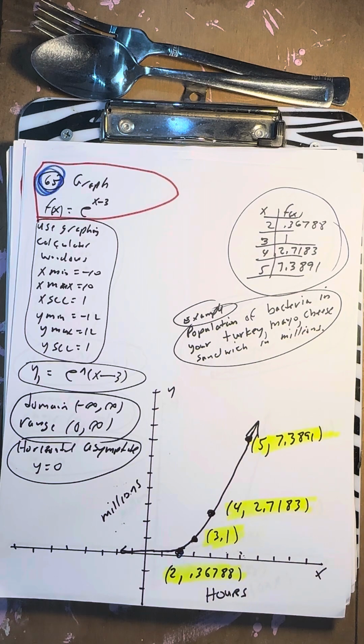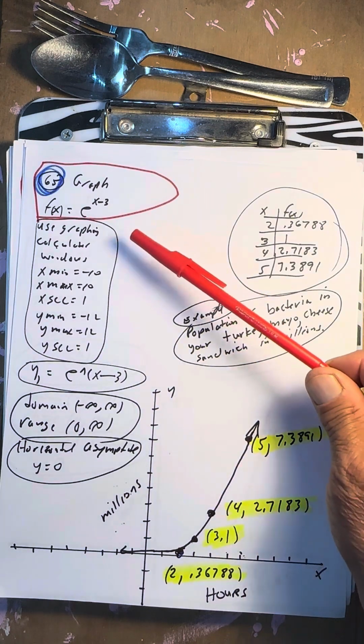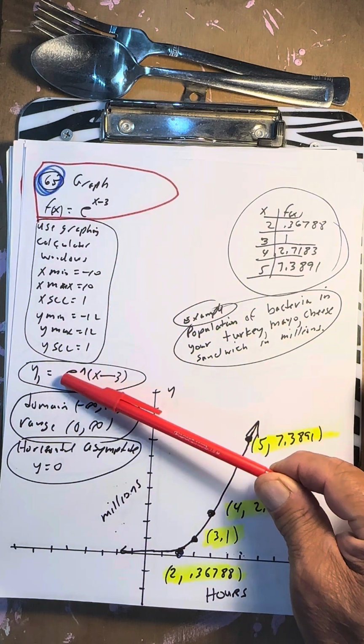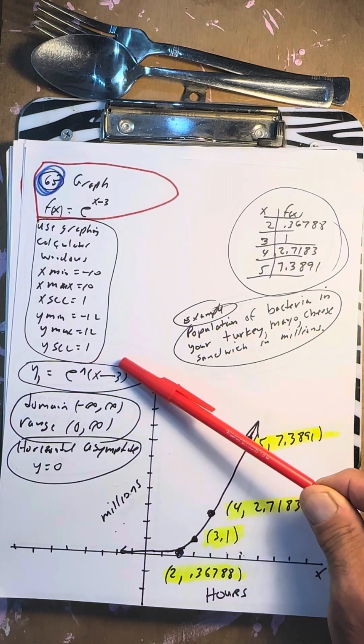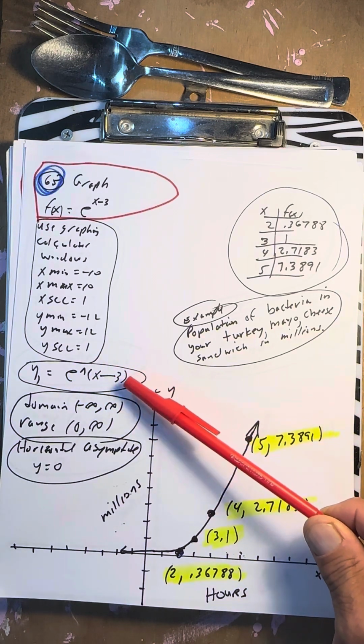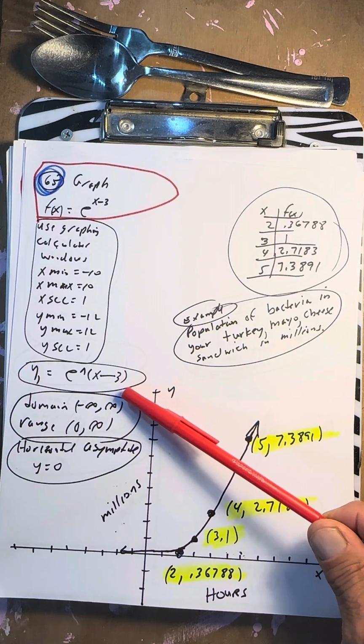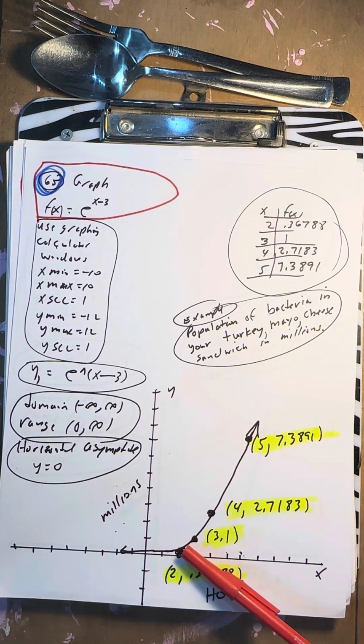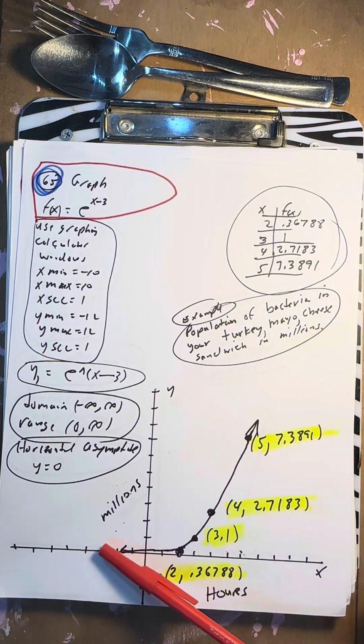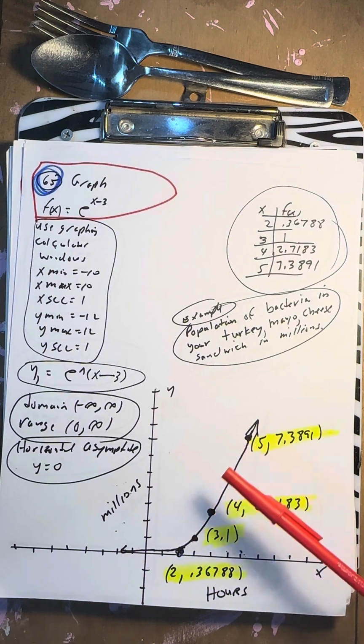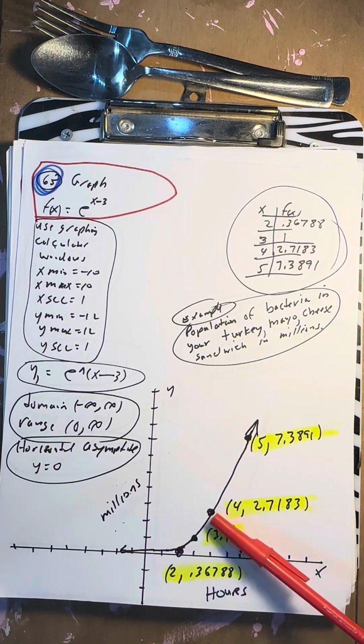Graph, same setup. You need to set it up. Second ln, and make sure you put second ln e to the power parentheses x minus 3. It's just like this. Put it in the machine, run it. It's going to give you a graph that looks like this. You're going to get some points, and it goes this direction, up, up, up. So at 2 you get this point, 3 is this one, 4 is that one, 5 is that one,